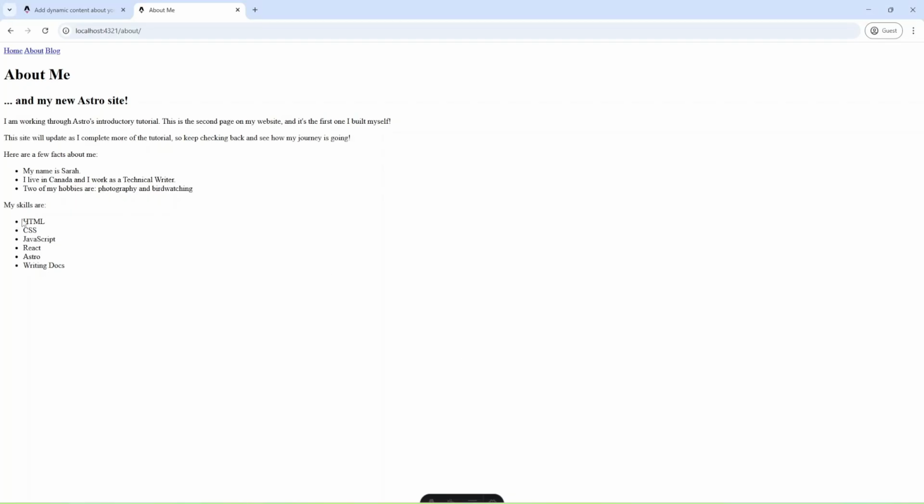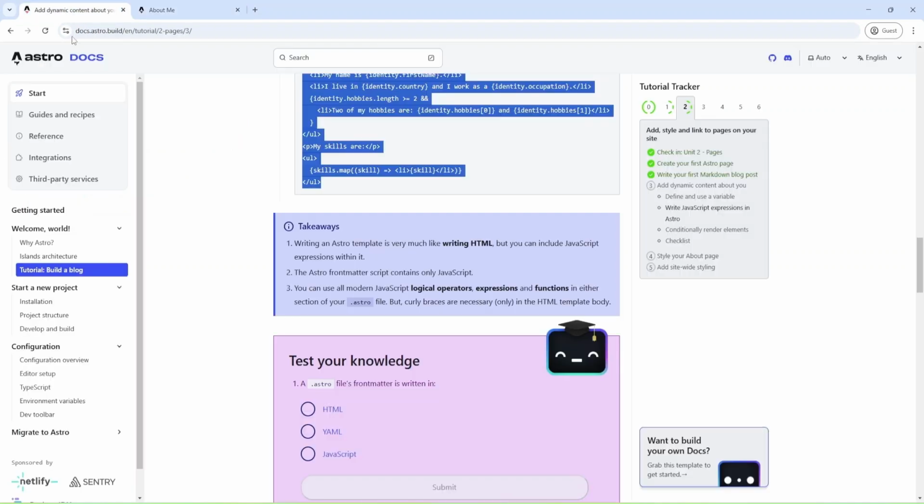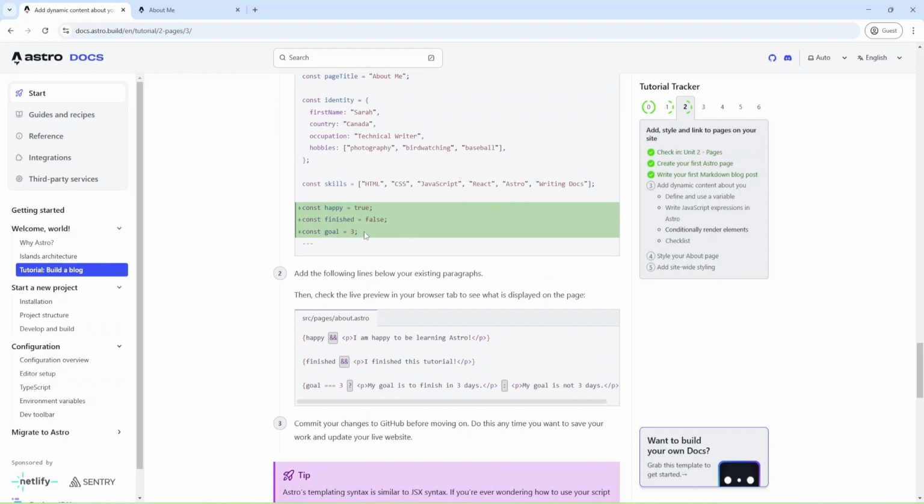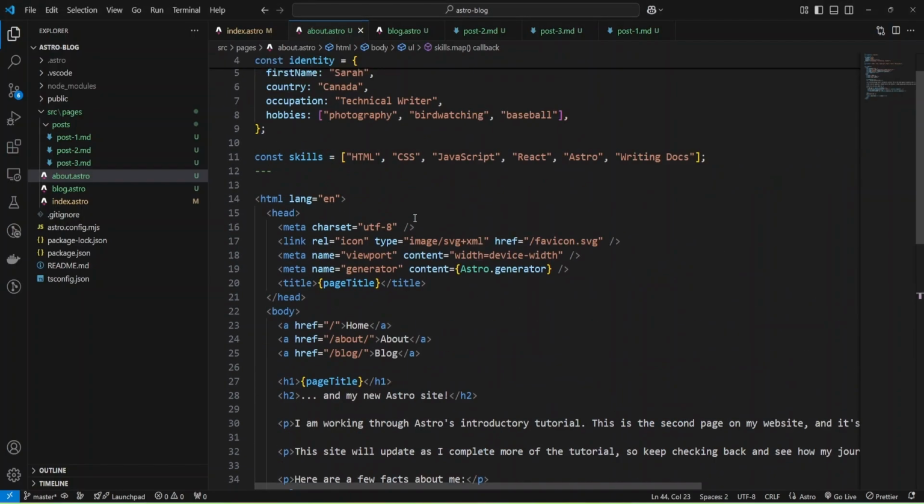Okay, and we have dynamic content, all skills and also some properties from the object. Okay, looks good so far, and let's check what I have next, and we can add more variables after skills.